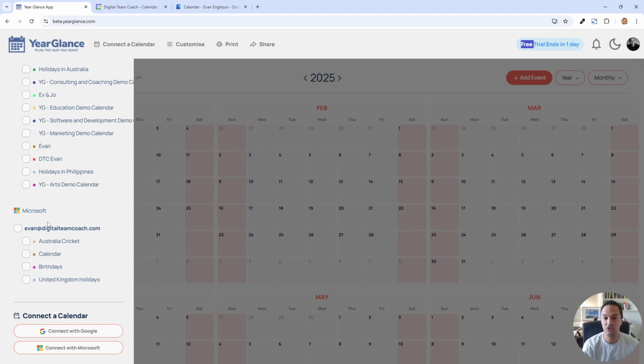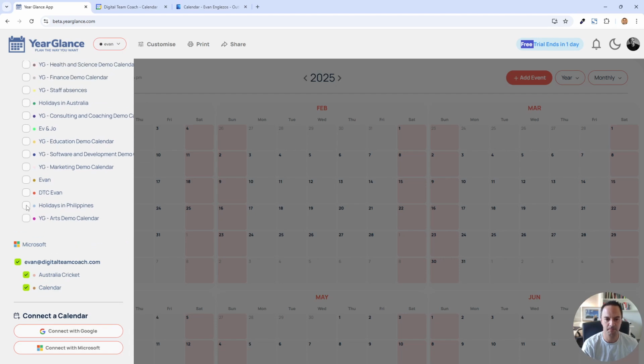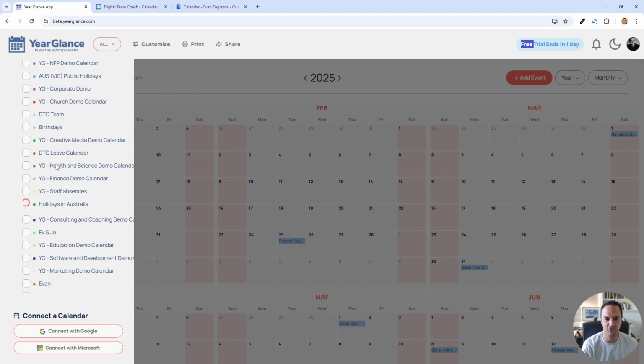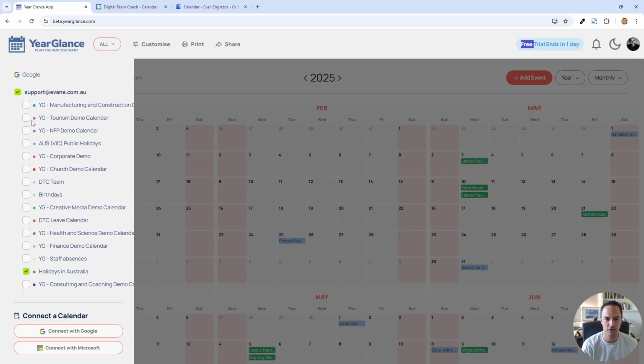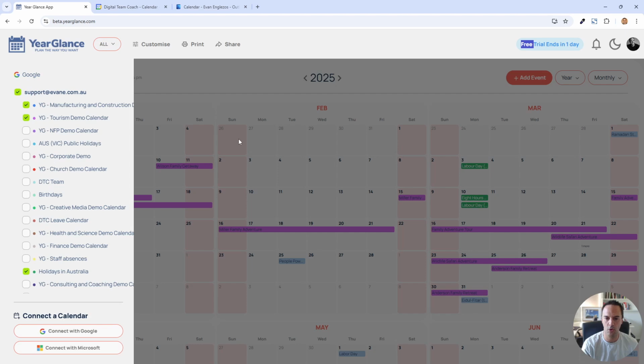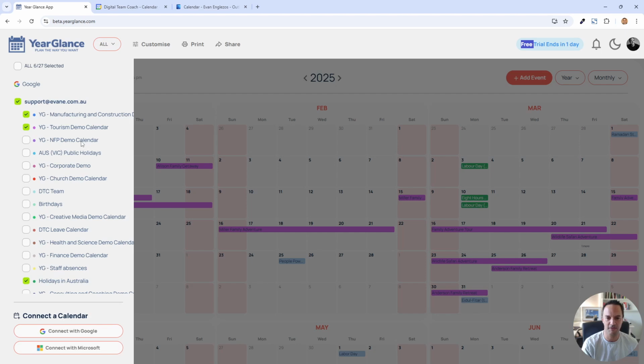Now the fun begins. What we do is we enable the calendars which we want to see. So let's turn on the Cricut calendar and the main calendar from Microsoft. And here in the Google account, we will turn on holidays in Philippines, holidays in Australia, and we'll turn on a couple more while we're here as well. So as you can see, they're all populating really, really quickly, and it's adding them to the calendar. Whoa, look at that. These are just some sample calendars that we've got going, and voila, you turn your calendars on and off, and you can see everything.